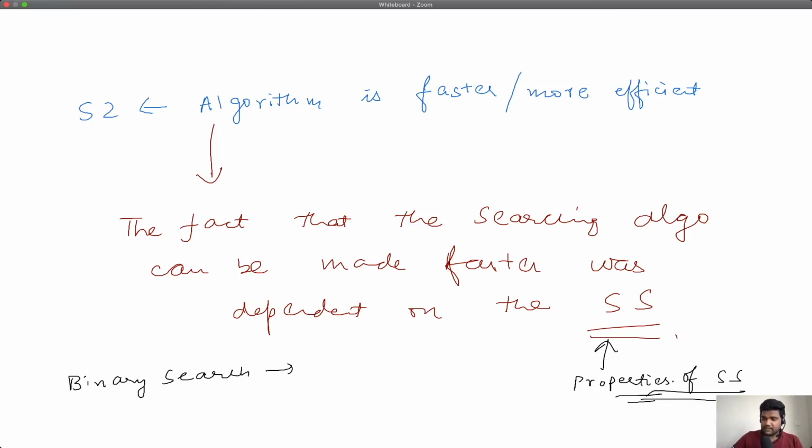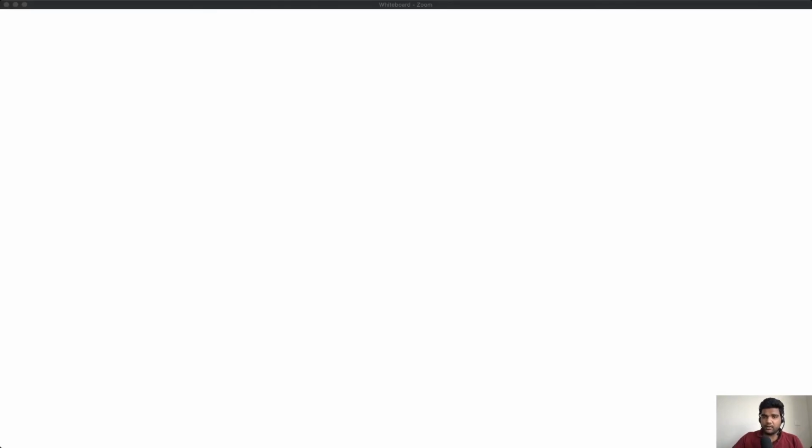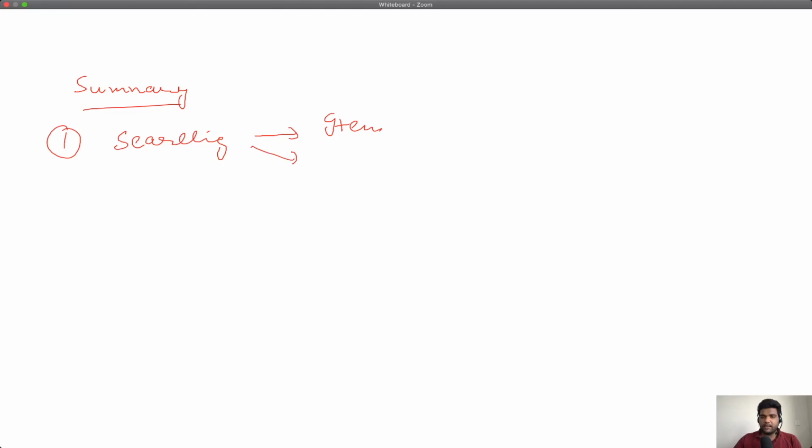But let's summarize this video's discussion. We essentially defined searching with the help of an example. We said that searching is nothing but looking for an item with certain properties in a search space using some algorithm. Then we said that, as computer scientists, we are typically interested in optimizing this searching algorithm.